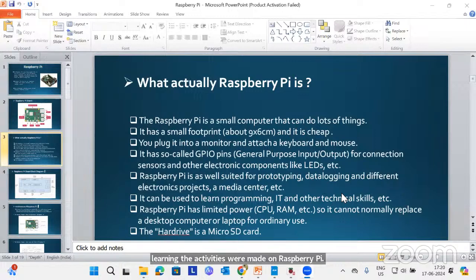Raspberry Pi has limited CPU, RAM, etc. If you want to buy a laptop with 2 GB RAM and 100 GB of hard disk, or with Windows OS, 4 GB of RAM and an Intel i3 processor, the cost is almost 25 to 30,000 in the market, going for a brand laptop like Lenovo, HP, Dell, or anything else. Whereas Raspberry Pi is